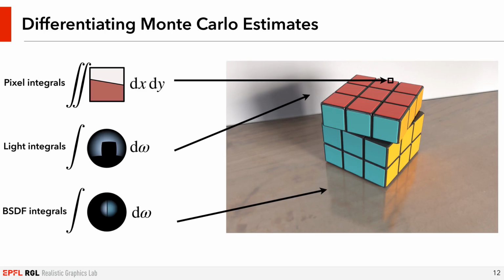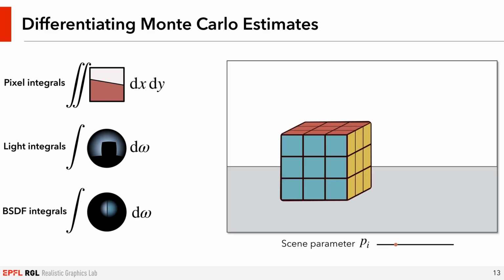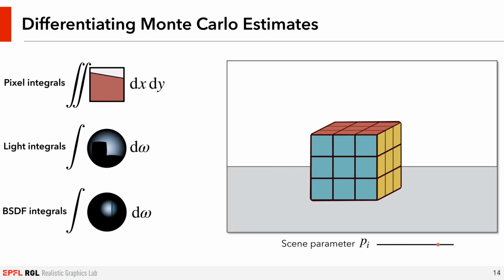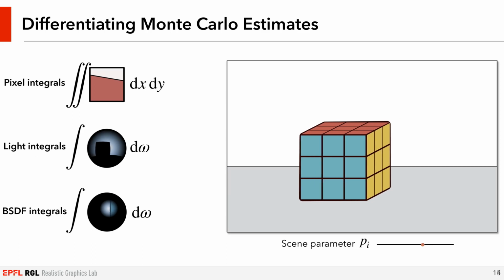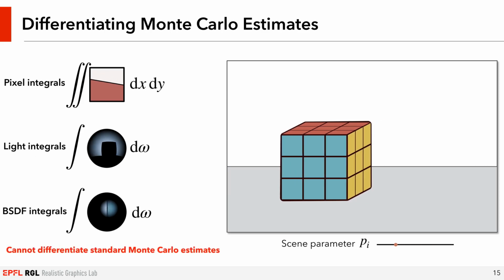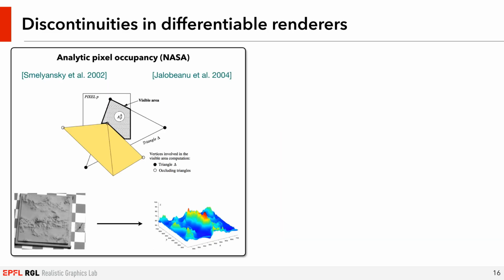These non-differentiable integrands are everywhere in a physically based renderer, not only in pixel integrals, but also in light integrals and BSDF integrals. Here, for instance, when the cube translates, all these integrands have moving discontinuities, which means that we cannot easily differentiate standard Monte Carlo estimates. This problem of non-differentiable integrands has been addressed by several researchers in different ways, by computing